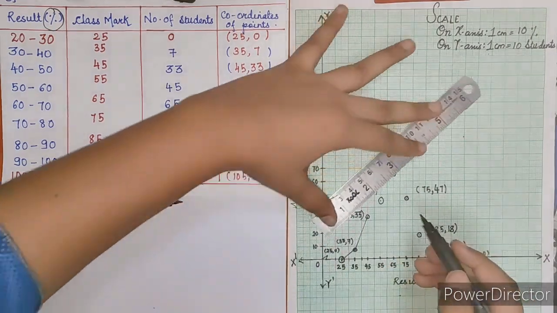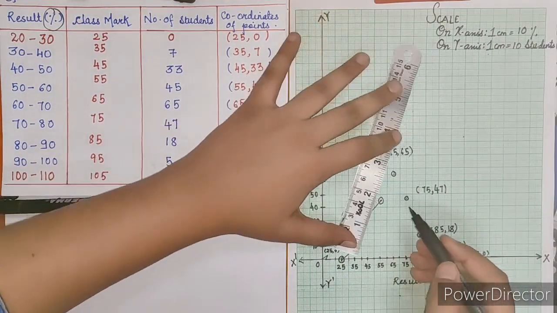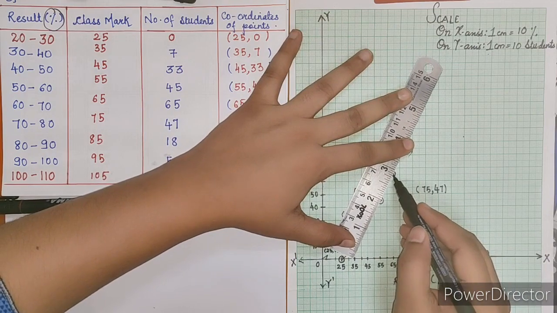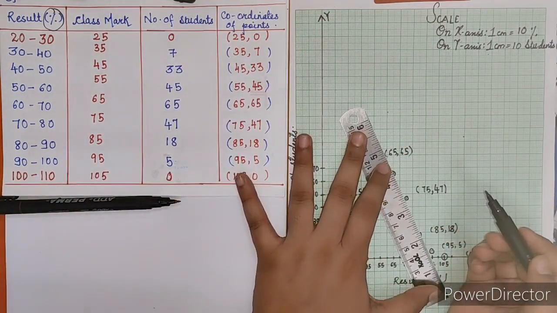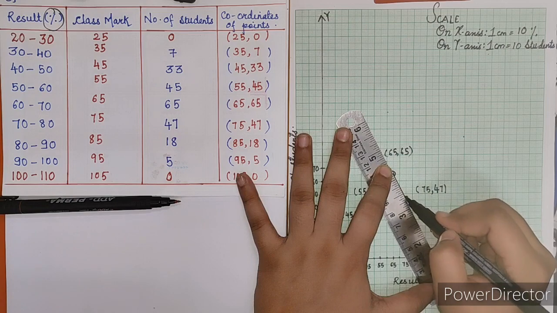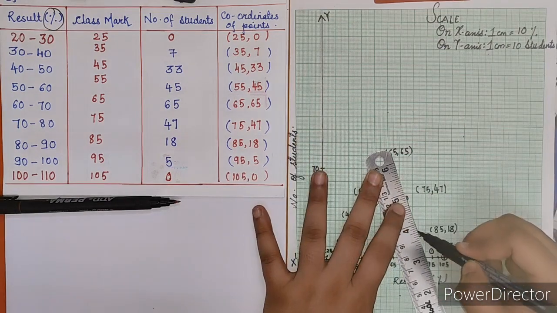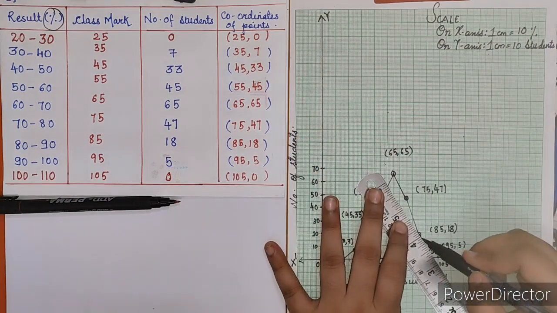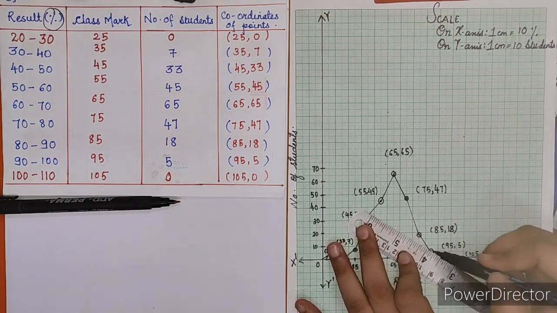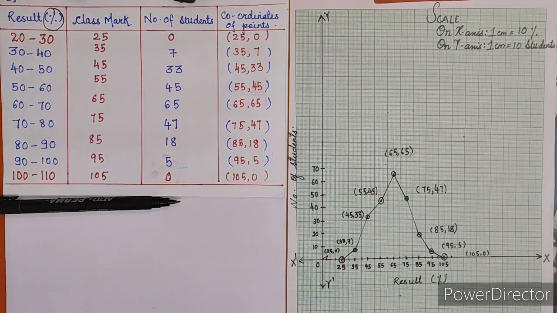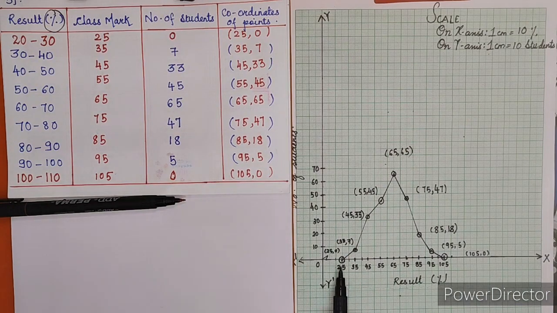Third, adding to fourth with the help of a scale. You will not join the points directly. You have to use a scale to get a proper sharp straight line. Keep changing the scale and join the two points. So this is the reason why we take one preceding point and a last succeeding point, so that your polygon graph starts from the axis only. So this is your polygon.